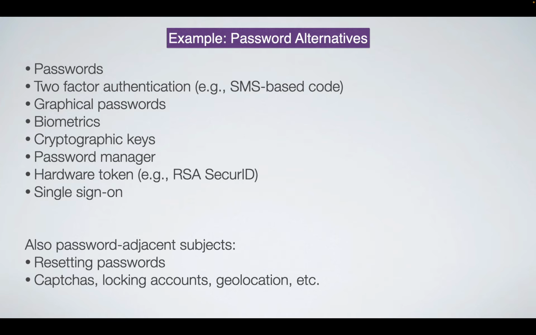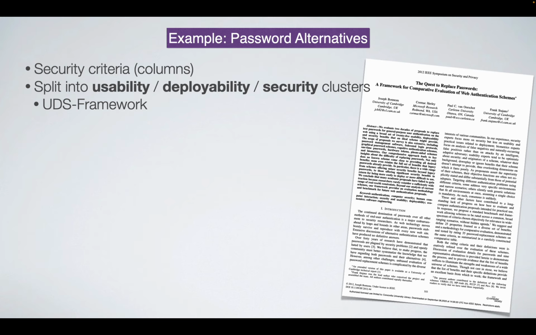Okay, so what we're going to do is take these 8 and put them into an evaluation framework. We have our rows, and now we want to come up with columns for them. To come up with columns, we're going to look at properties that have to do with security. And then, like I said, we want to consider other kinds of things like cost and how many servers we have to change and things like that.